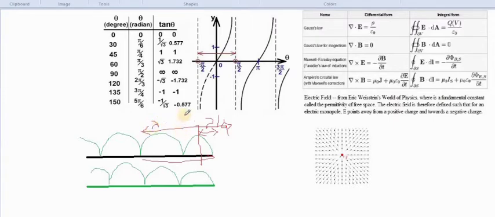This distance total is lambda, and this definitely stands for lambda by 2. This is lambda by 2. The position is lambda by 2 here. So if it is an infinitesimally small antenna, it is a very small portion, in terms of lambda by 100 or lambda by 50. So the current distribution in this portion will be just a straight line. Similarly, for this transmission line, it will also be a straight line.